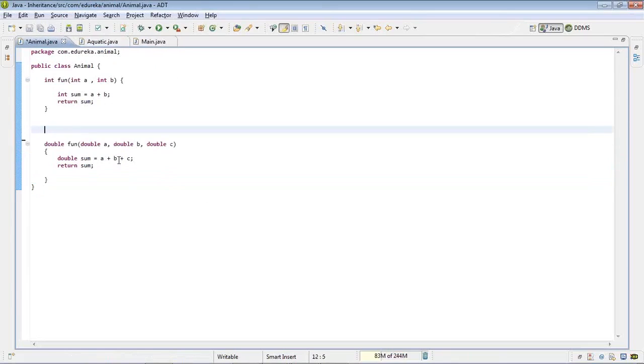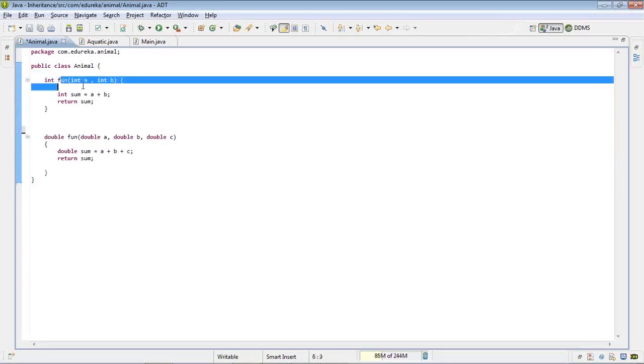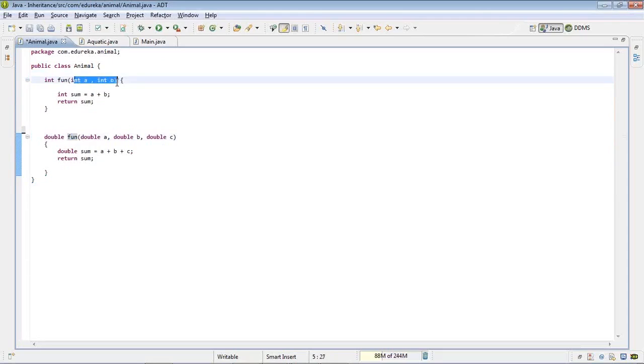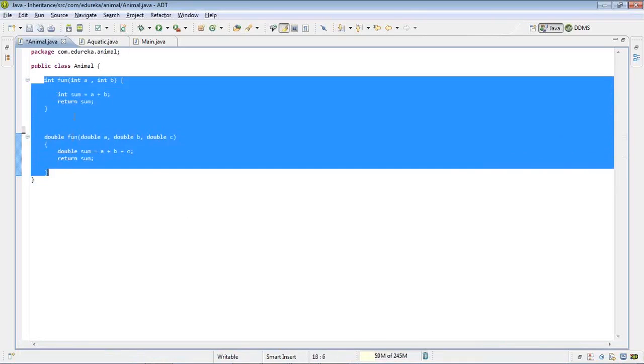Now see what I've done. Now can you tell me by taking a look at this what I'm doing right here? A function taking two integers, one integer return type, and a function with 3 double values, and the return type is double. Sai says overload. I'm overloading the function. Omar says overloading. Amir, Mehvish says overloading. Vasil says overloading. Exactly correct. I'm overloading the functions right here. Now, we have got two overloaded functions.